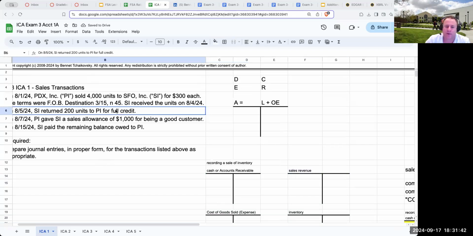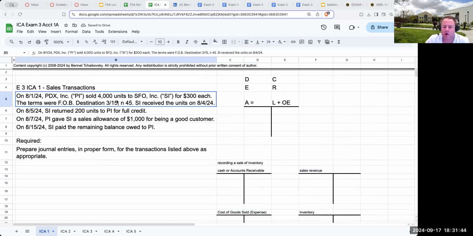So coming right over here, on 8/1/24, PDX, an airport up in Portland, sold 4,000 units to SFO. Was it fentanyl? I'm not sure. Was it animal tranquilizer? Could be. Who knows what it was, but they just sold 4,000 units to SFO Inc. for $300 each. The terms were FOB destination, 3/15, net 45, and then it tells me that SFO received the